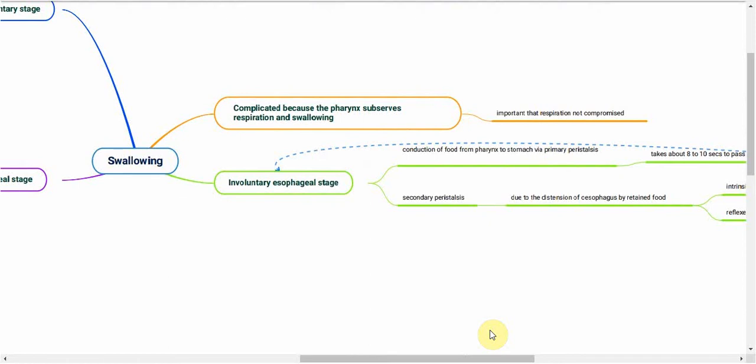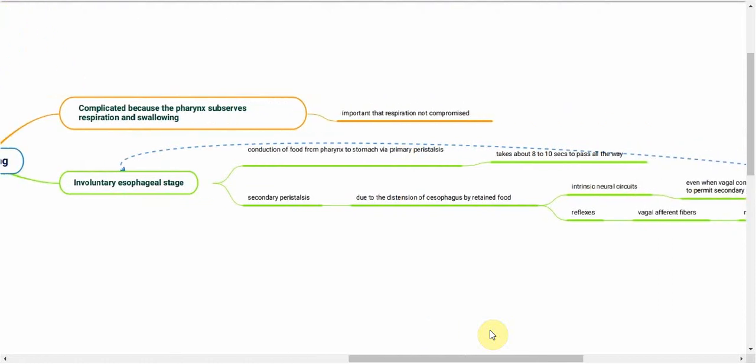And this stage takes 8 to 10 seconds normally, but when a person is standing and gravity is in the favor of said person, the food will take 5 to 8 seconds to reach the stomach, even though the peristaltic wave will still obviously take 8 to 10 seconds. So the food will reach before the peristaltic wave. Now that is easy enough. And when the food